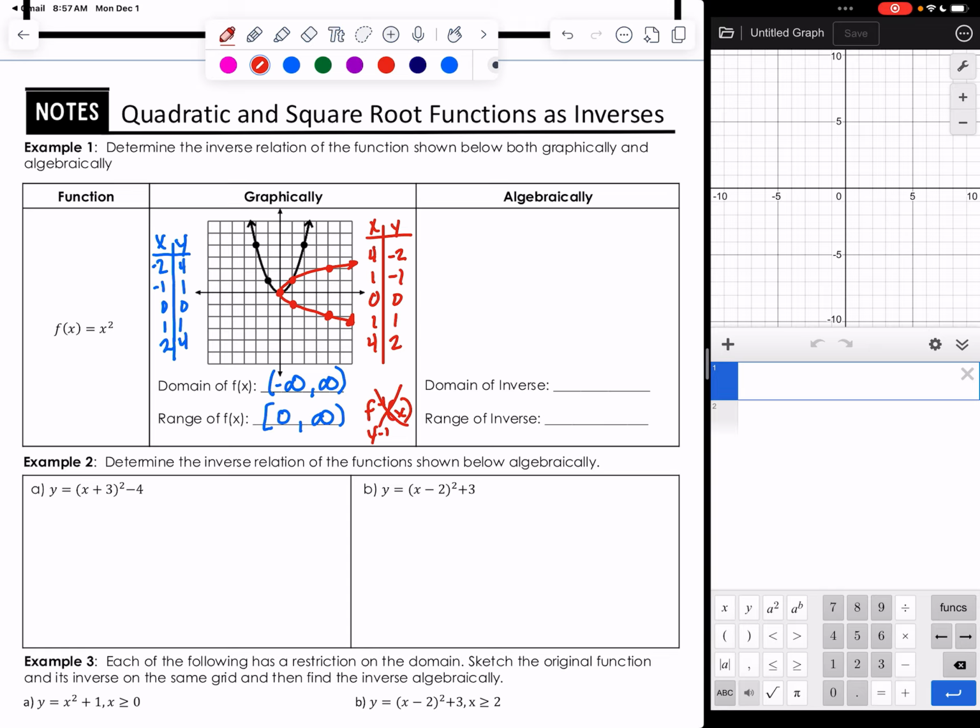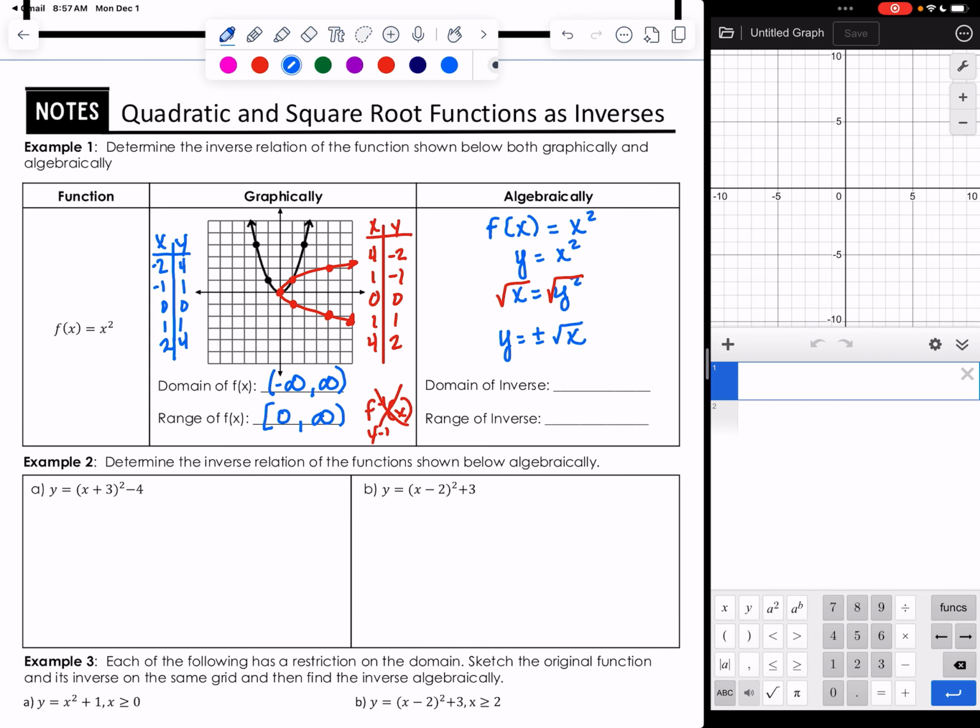Now, to find our inverse algebraically, let's start with our original function and follow the steps for finding an inverse. So remember, replace the f of x with a y, then switch the x and y, so x is equal to y squared. Now we want to get the y by itself. So the opposite, or the inverse of squaring, is square root function. So y would equal plus or minus